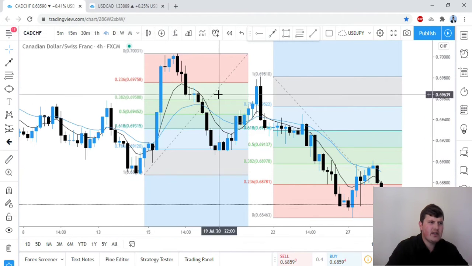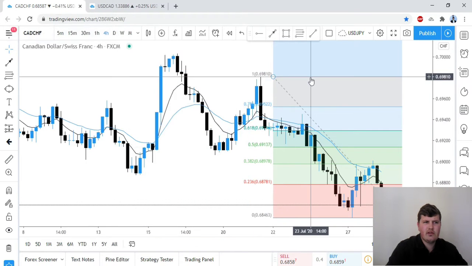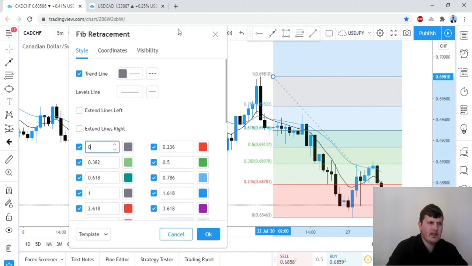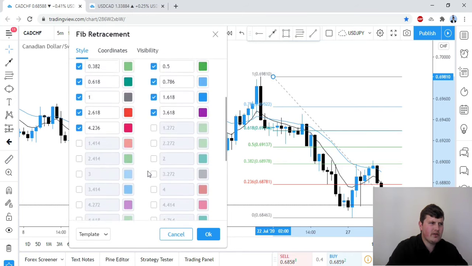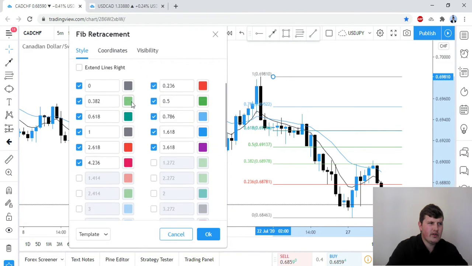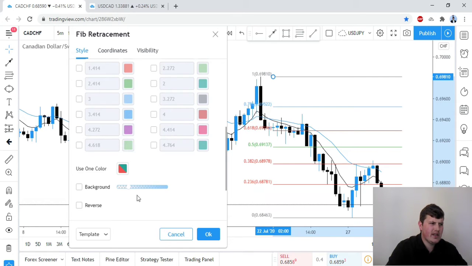This is the basic template of the Fibonacci tool on TradingView. If you want to edit it, just double click on it. You can remove the background, you can remove the trend line, you can add different colors to your different levels, and you can play around with it a bit, but I don't like the default tool on TradingView,